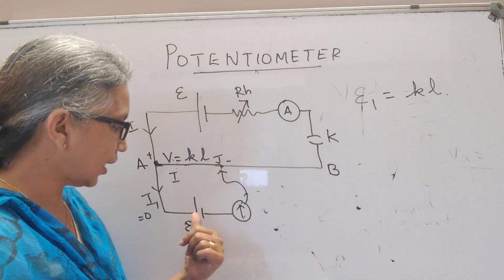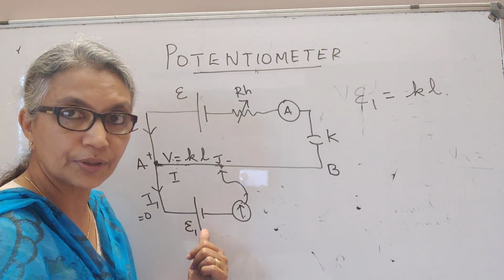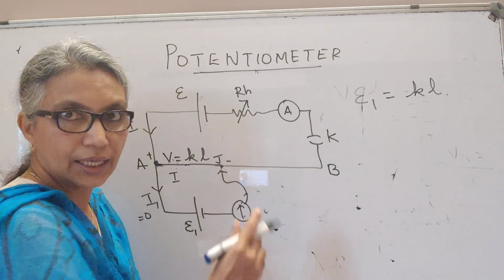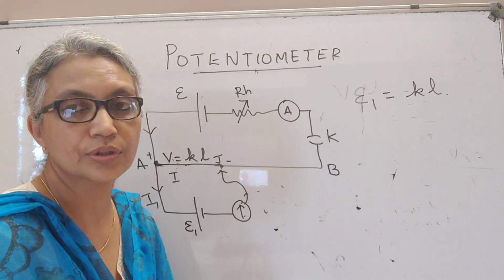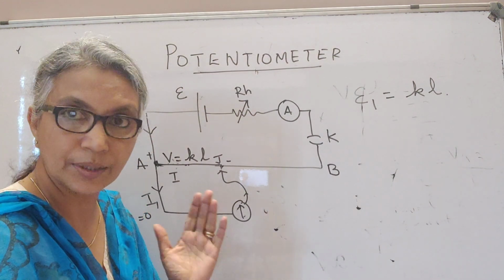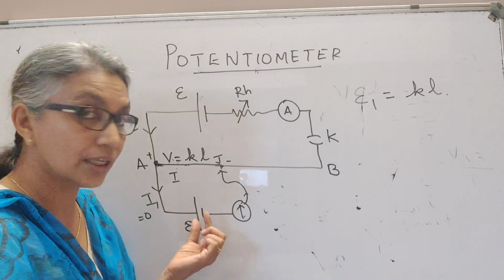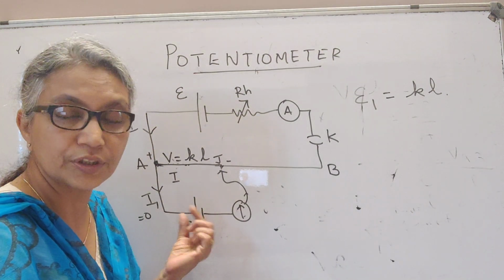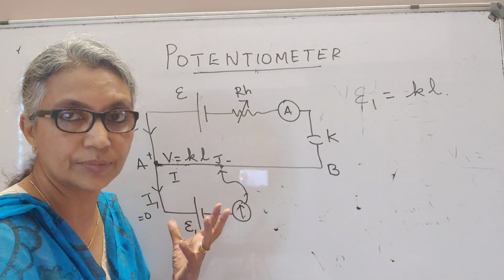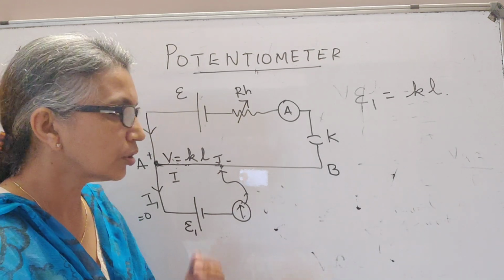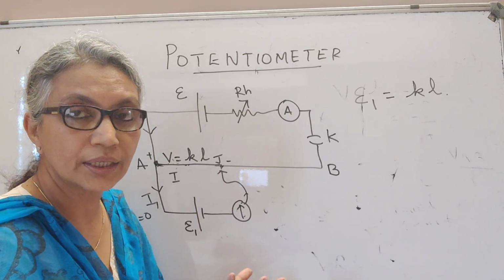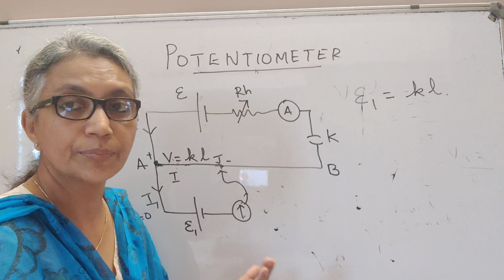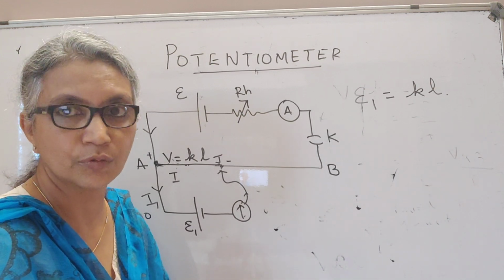Now this I call the EMF and not V, simply because when your galvanometer shows null deflection, the cell is not carrying current. And if the cell is not carrying current, then naturally it has to be the EMF, because in my previous session I told you, whenever a cell does not carry current, the terminal voltage, the potential difference between the two terminals, is what you call the EMF. So now probably you would have understood why a potentiometer is a better instrument to measure the EMF instead of using a voltmeter.